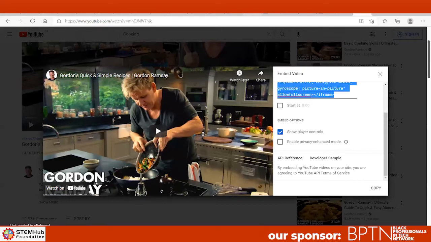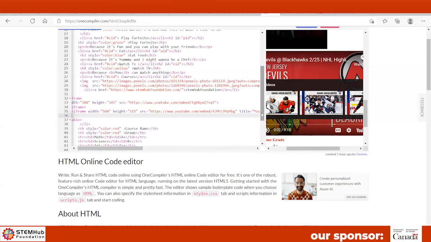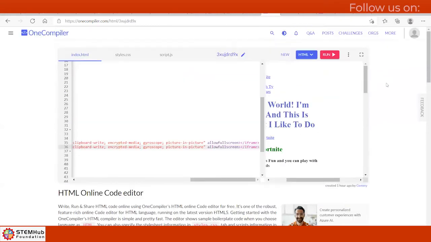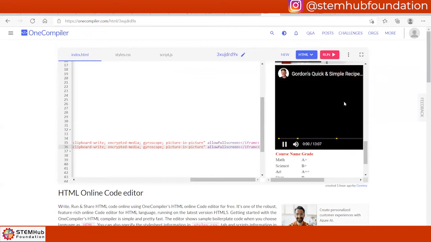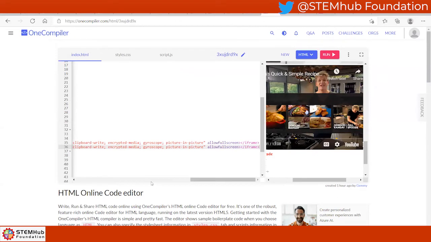Then you go back to your one compiler, and then you paste it, and now it should be able to work. That's how you add a YouTube video to your one compiler.